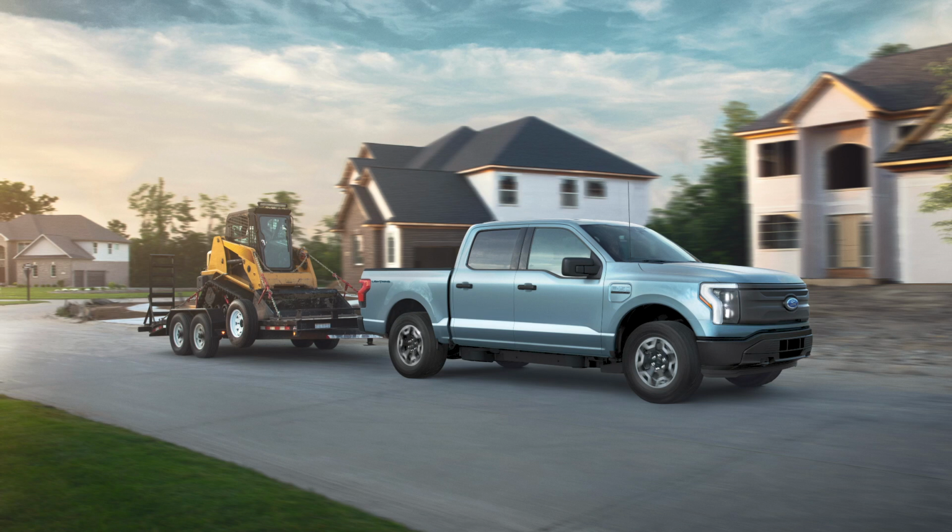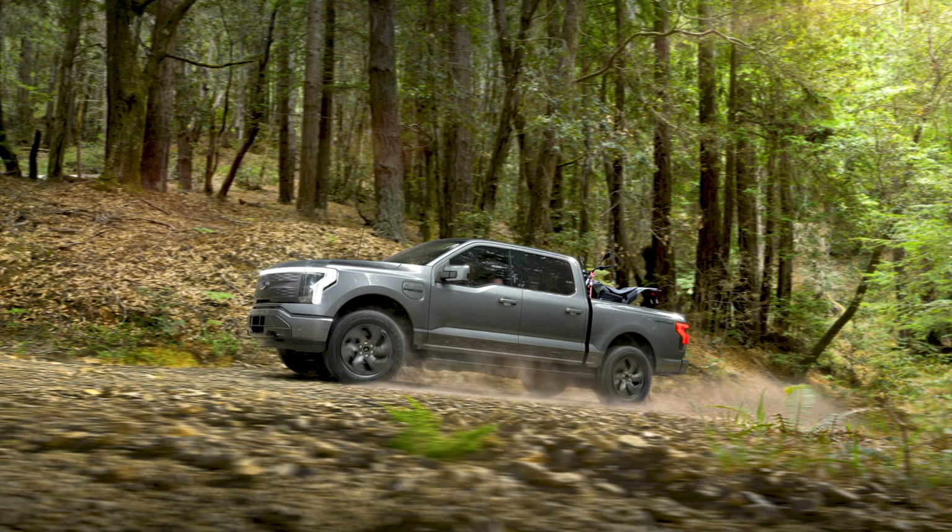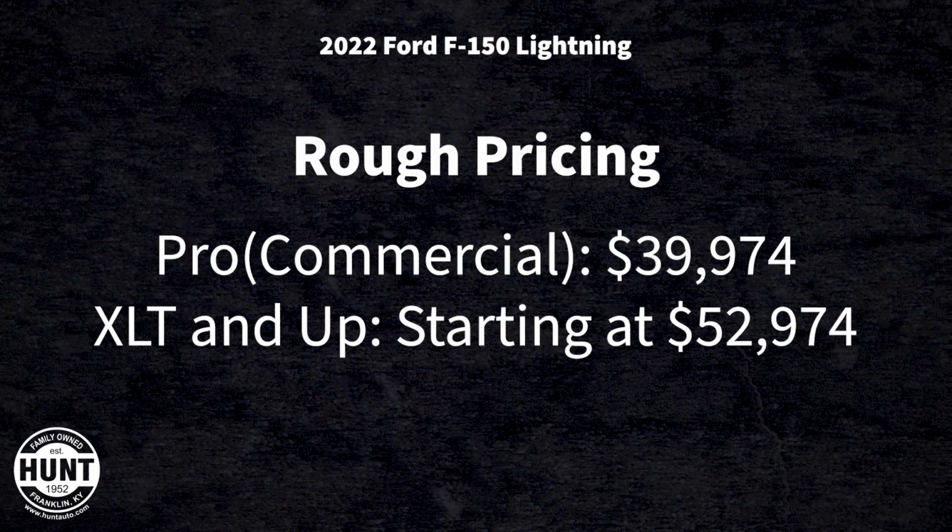Now, real quick, I want to touch on just some package information on the new Lightning F-150. They're having an entry-level package, which I guess today we would know as the XL package in our lineup. But that is going to be the entry level, or kind of the commercial level, is what they're talking about right now. But then it's going to go up to an XLT trim level, a Lariat trim level, and a Platinum trim level. I think they're telling us right now that the entry level is going to start out at